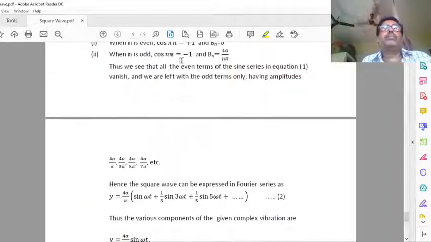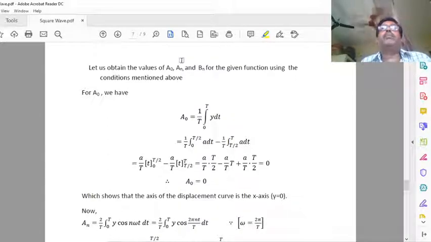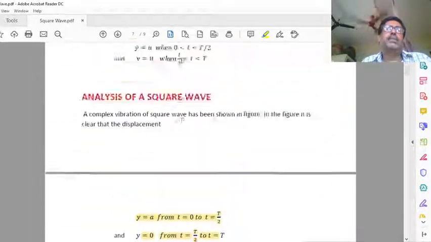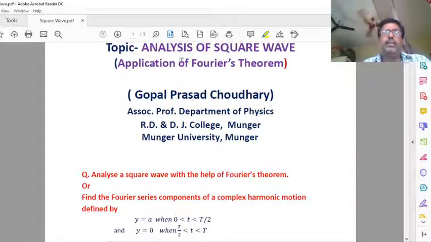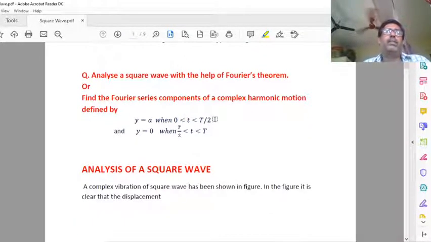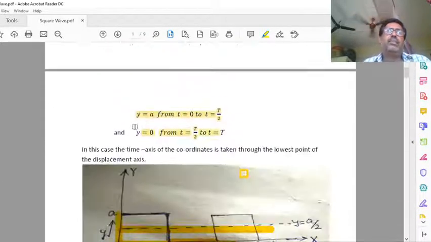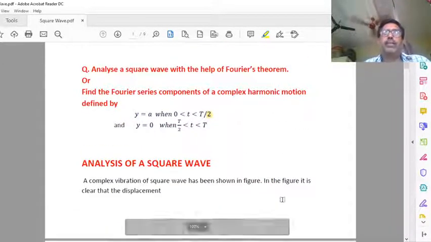But for your information, I want to say that it is not necessary to write both parts in the examination. You can select the first part, because in the examination up to now I have not seen any particular limit given here. I always suggest students write this one unless the limit is mentioned here. If there is no particular condition, then you can write any one.